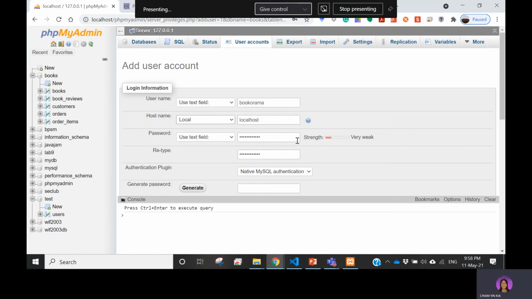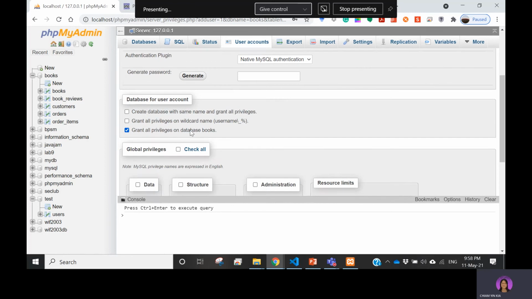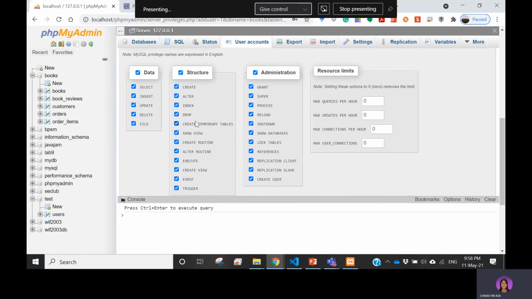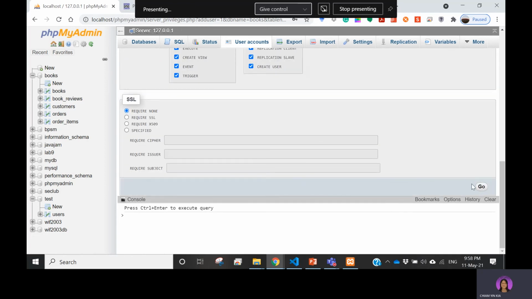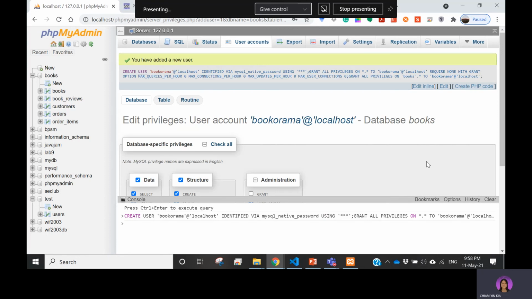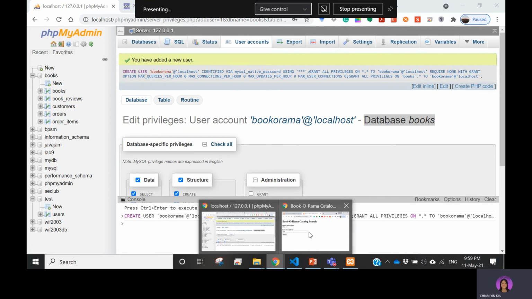Choose localhost. Okay, so again, to save my time, I check all to give all the privileges and create the account by clicking go. So now a new user account Bookorama has been created and has access to database books. And if now I use the search function again,